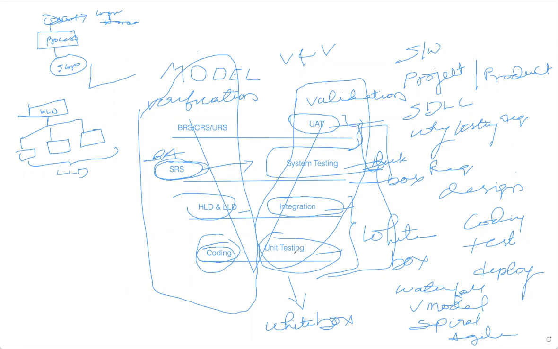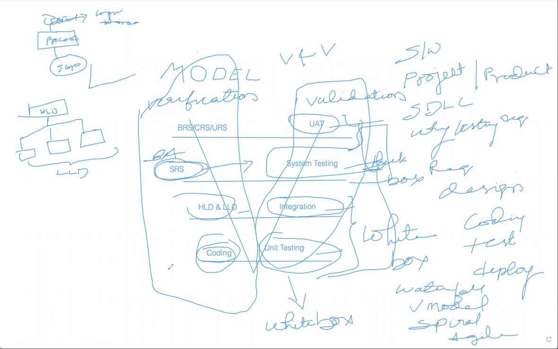Okay, clear? But when you do unit testing, something is already done, right? You have already developed the software, and on top of the software you do testing: integration testing, system testing, unit testing. So all are validation testing, done only after completion of the software. So here also static testing and dynamic testing are involved.